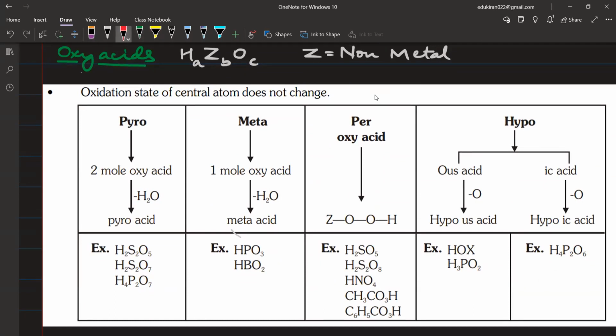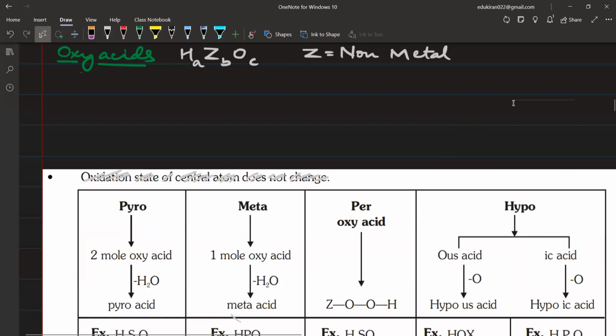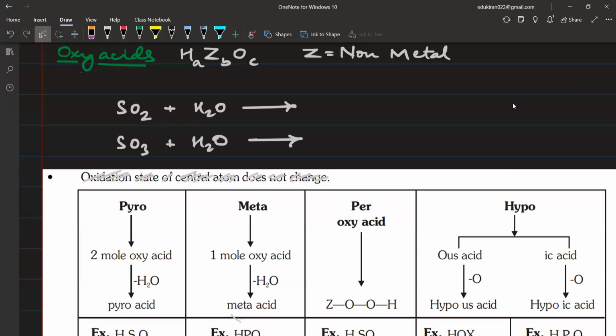Now, how to remember different types of names of? एक सेकंड इसको अब रहने दीजिए. Oxidation state of central किसी और चीज का आ गया है यहाँ पे. This is basically how to form oxy acids. Oxy acids form होते हैं आपके पास ऑक्साइड से जनरली. ऑक्साइड में आप पानी डालिए, आपको क्या मिल जाएगा? ऑक्सी एसिड मिल जाएगा. I will give you an example. For example, आपके पास है SO2. सल्फर डाइऑक्साइड प्लस वाटर, यू विल गेट एन ऑक्सी एसिड। और अगर आप SO3 में वाटर डालिएगा तो आपको एक एसिड मिलेगा, ठीक है।